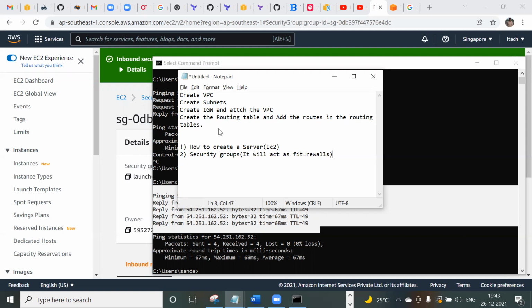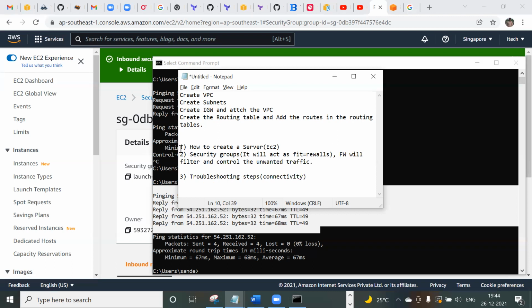What exactly does a firewall do? A firewall will filter and control the traffic, the unwanted traffic. This is the main purpose of using firewalls. And the third thing is troubleshooting steps, like connectivity checks.